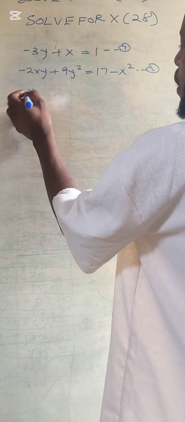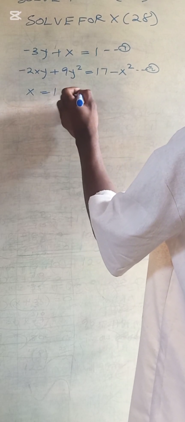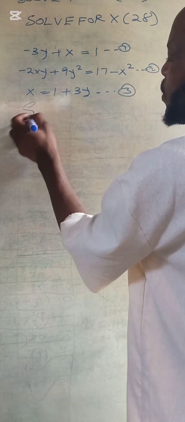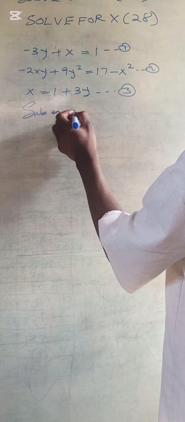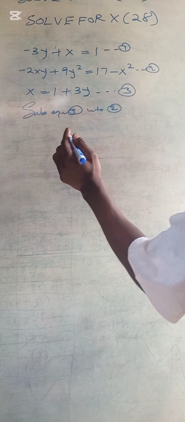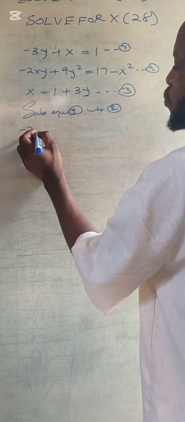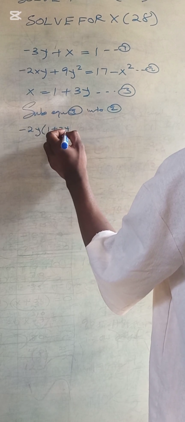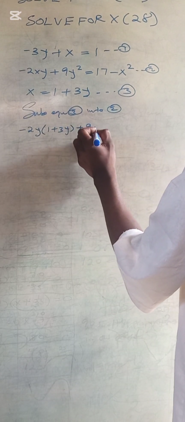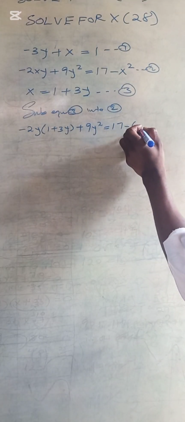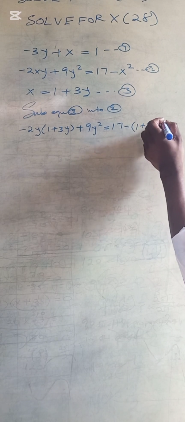We can say x is equal to 1 plus 3y. This will be equation 3. So from equation 1, we made x the subject of the formula to get equation 3. Now we substitute equation 3 into equation 2, right? Wherever we see x in equation 2, we put this. So we have minus 2y into what is x? 1 plus 3y, plus 9y squared is equal to 17 minus x, which is 1 plus 3y all squared,